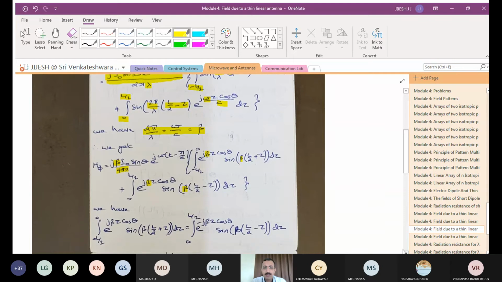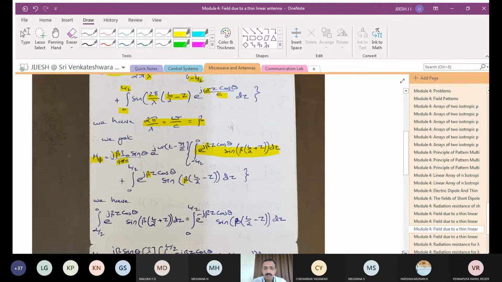Now it's our turn to go with the integration. Let me just take the first term. It's a lengthy thing, so it's not required to write the same thing again and again. Let us just take this section and do the integration. Then you can take the other section, do the integration, substitute in this equation for h of phi and simplify it. That method you can follow instead of writing all these things again and again.